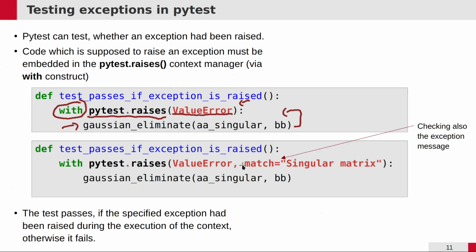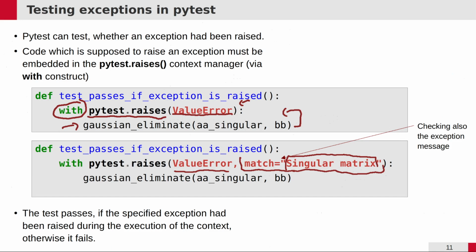We can also have a look at the message in the exception. If you call the pytest.raises function with the additional optional argument match, let's say match="singular matrix", then this construct will only be considered successful if the exception was a ValueError exception and the message of the exception was the string "singular matrix". You can also pass regular expression patterns here if you want. This is how we test it in PyTest, and because now we can also test it in PyTest, we can now write programs which